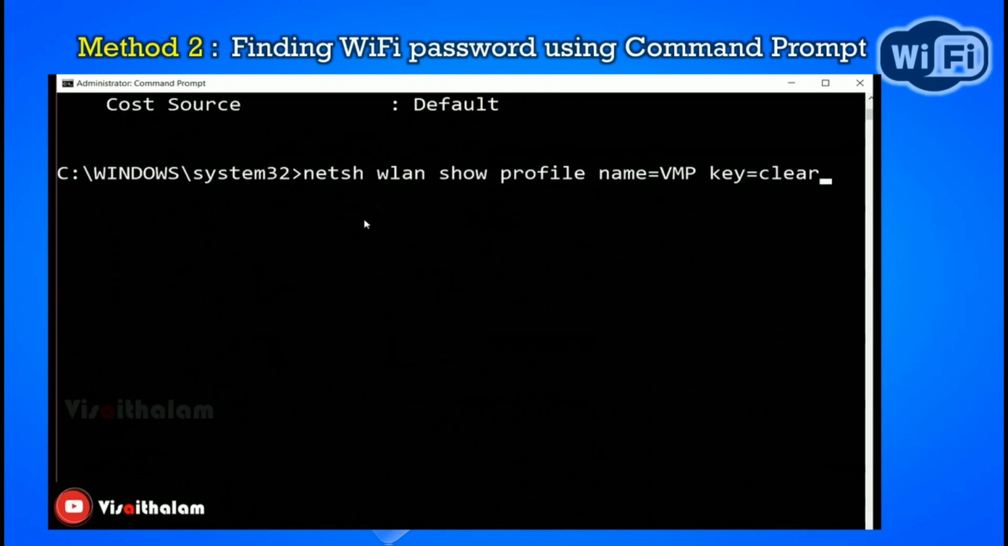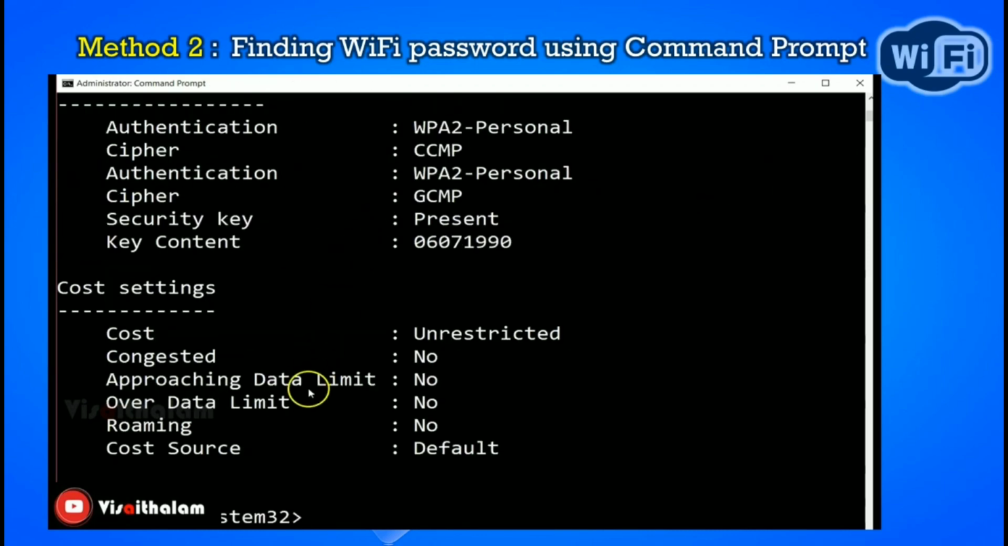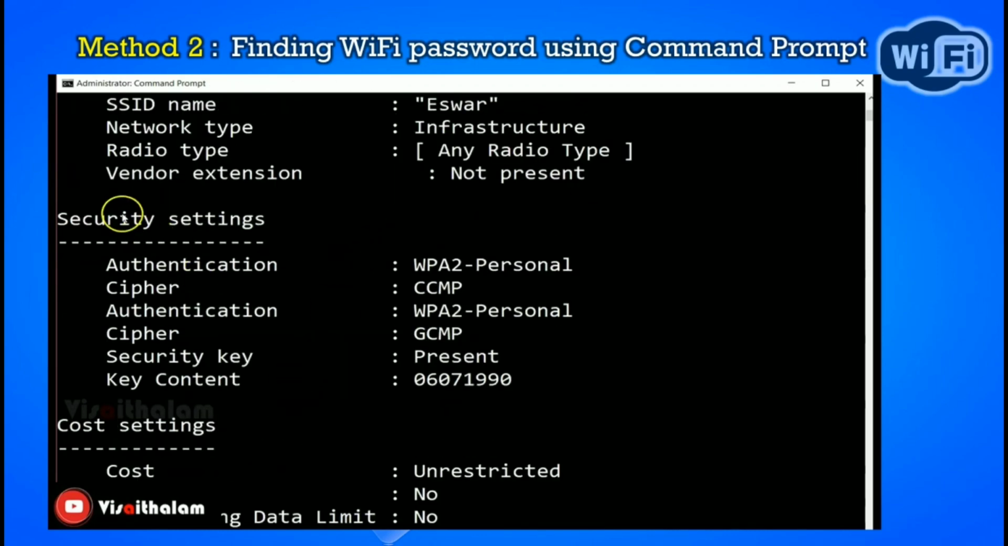Okay, so the same command: netsh wlan show profile name. Under profile name, now you have to clear down the VMP and type Ishwar. Okay, now when I press enter, it will end up with the result, the key content of the Ishwar username. So the password of the Ishwar username is